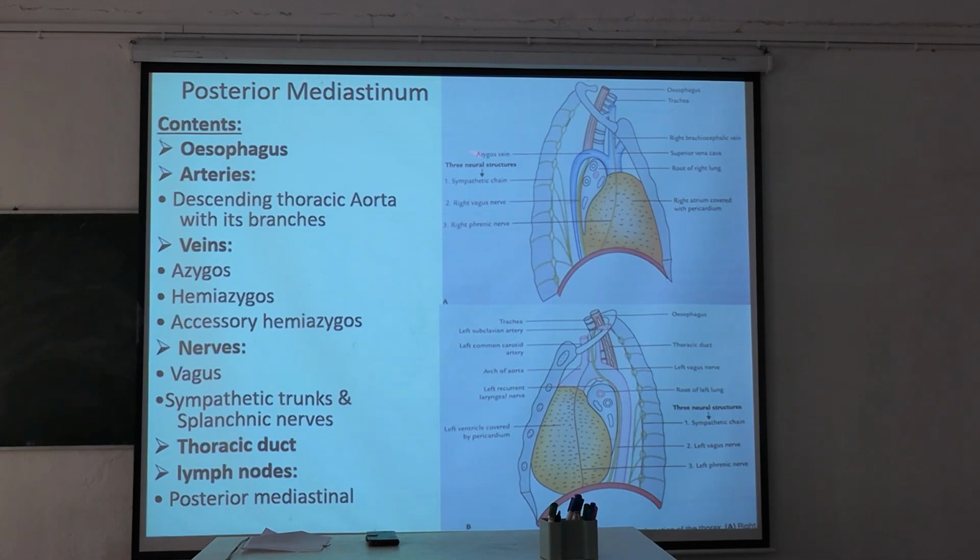Now what are the contents of posterior mediastinum? Contents are esophagus. See, this is muscular tube, this is esophagus. Arteries are the